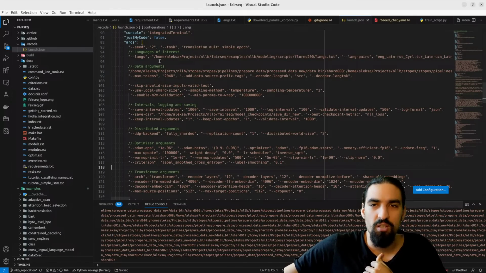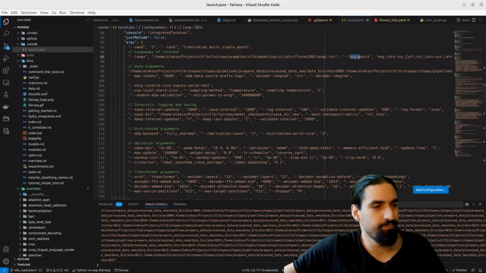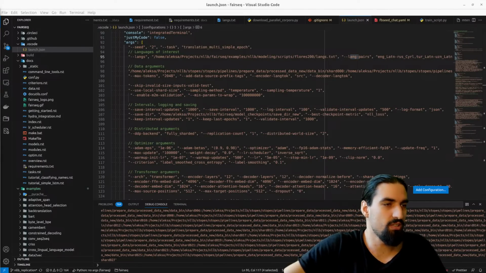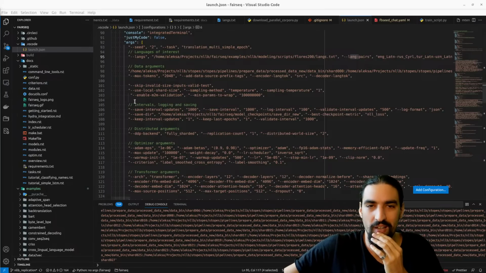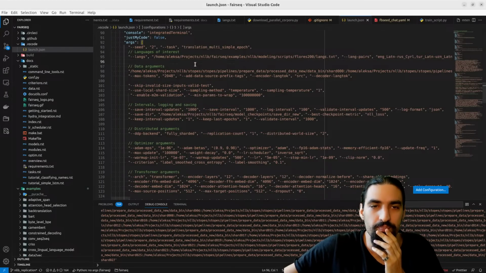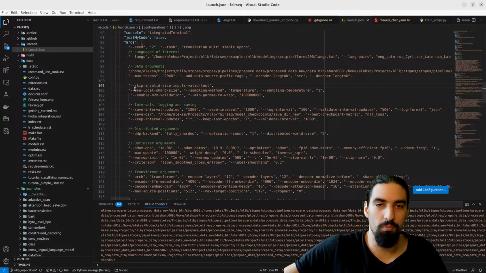Let's see, what do I not understand? I don't understand the difference between these two. What's the difference between languages and length pairs? And then data arguments, this is all fine. Skip invalid size inputs, what's this?